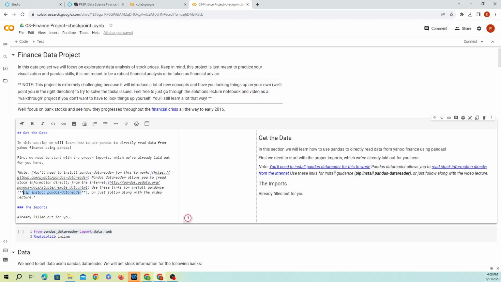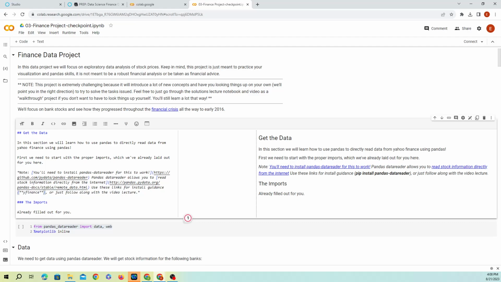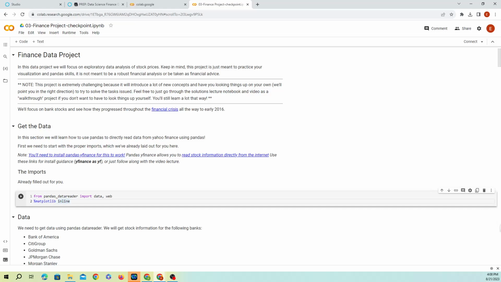We're going to import yfinance as yf. The reader doesn't quite work anymore, but we're going to use this yfinance way of doing it. Note that you could have done it like that. I'm going to write them here, but we're not going to use them.